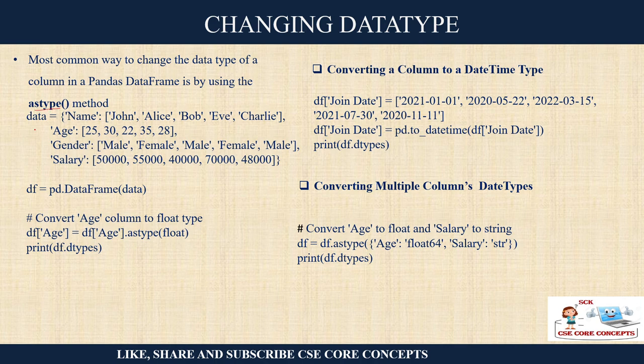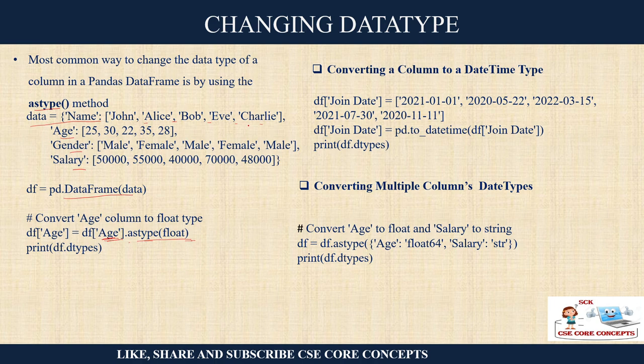So let's say I'm creating a dictionary first. So name, I have these 5 rows, and 4 columns: name, age, gender and salary. And I am converting it into a data frame. And now I want to convert the age column into a float. It is integer, you can see here. But let's say my requirement is that I want to save age as 25 years, 4 months. I need to be very precise about the months, right? So I can say df of age, the column name, dot astype float, right?